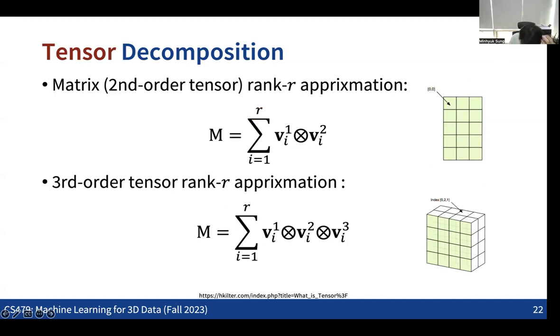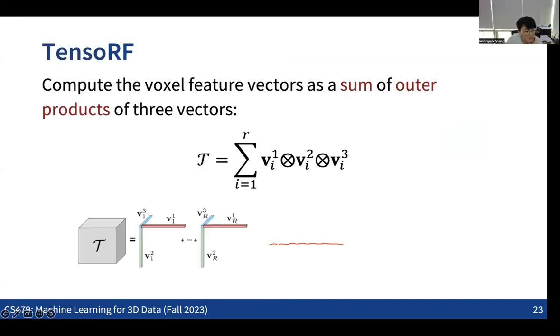In the previous lecture, we saw some ideas for how we can encode all the information in the 3D grid. Now we are going to compress all this 3D grid information by taking a few outer products, in a way that gives the best approximation of the information we're encoding in the 3D grid. That's the basic thing we are going to do.